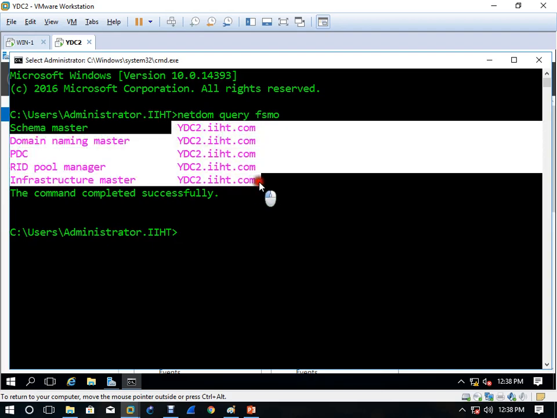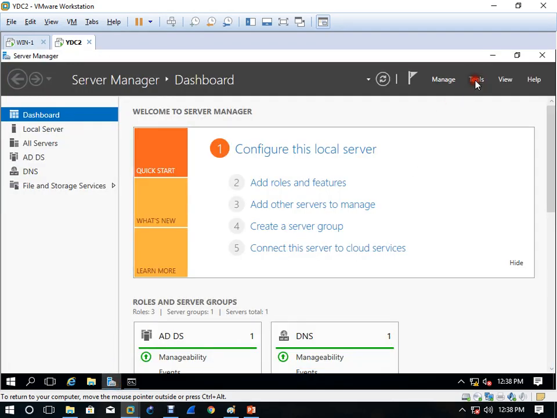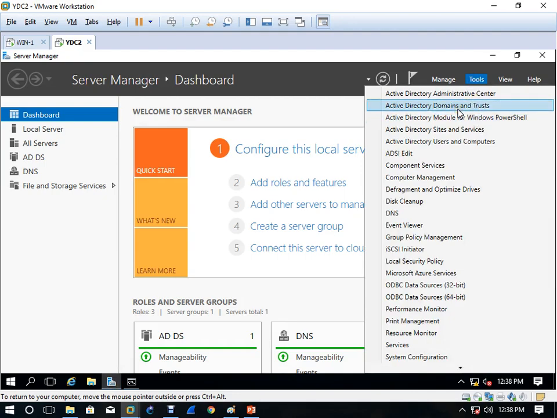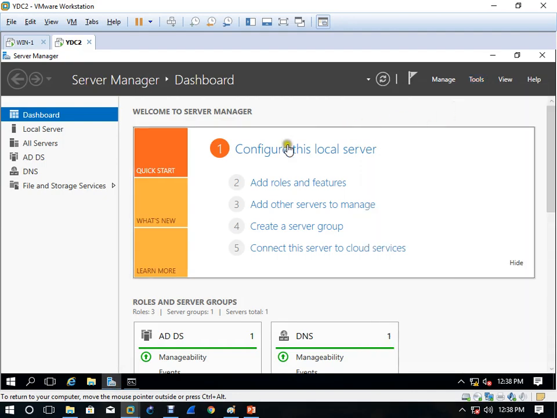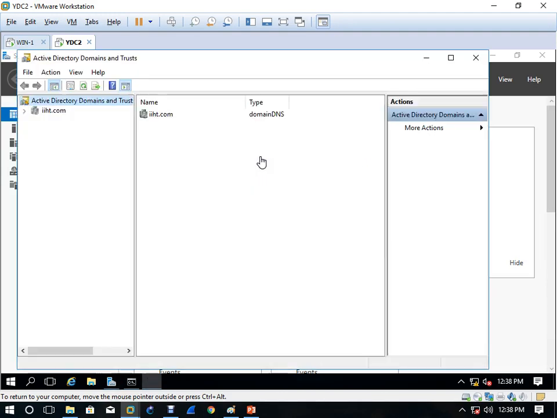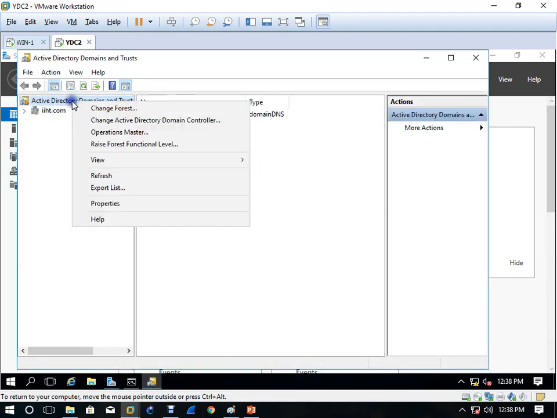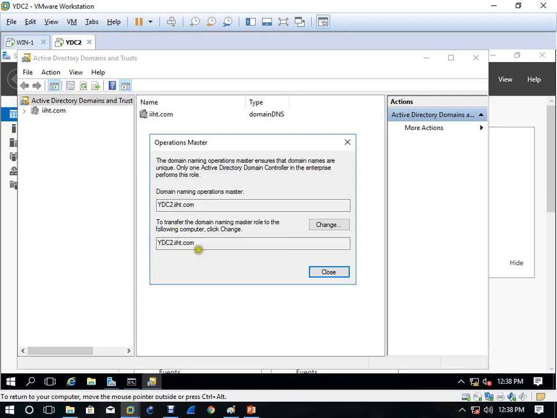Now come here to the graphical tools, Active Directory Domains and Trusts. Start from here. Right click, Operation Master. Before, we were getting an error here, but now no error.